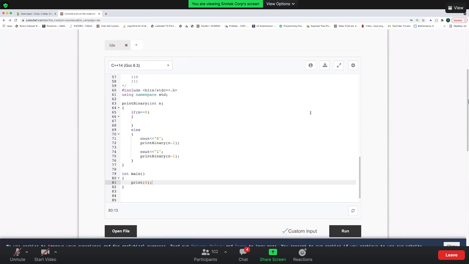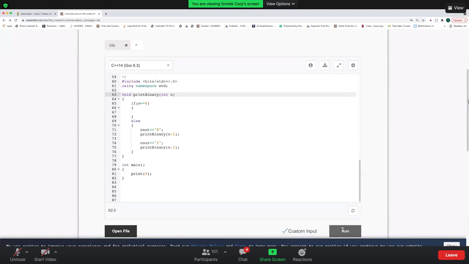I didn't get this, Sriram, what you are trying to say. So you are saying that this code will work for n equals to 3, right? Let me try to call this and check what is the output for 3.